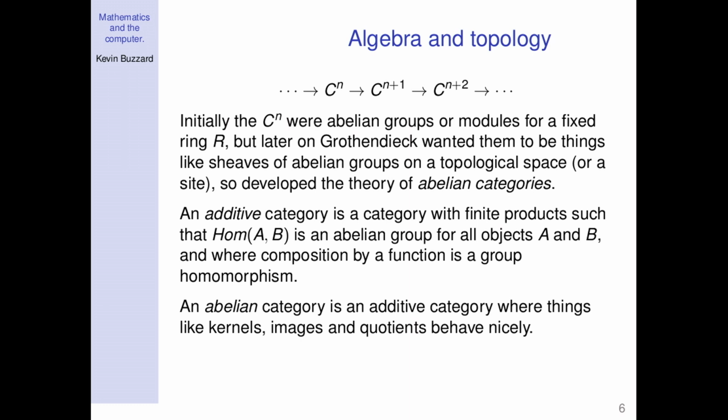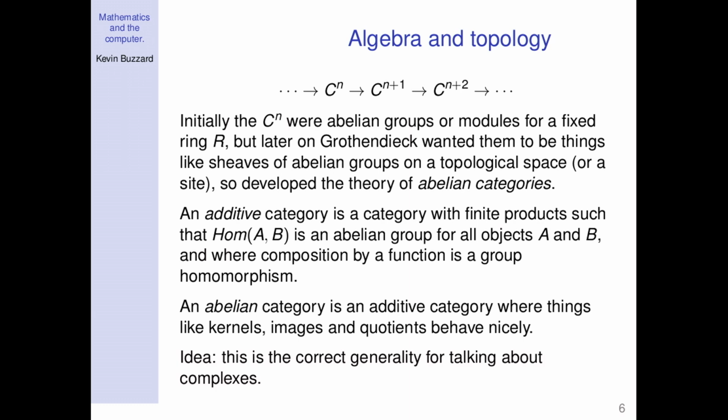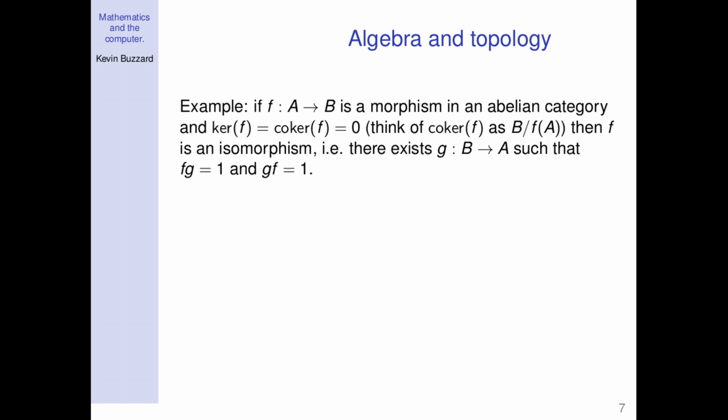So there's a vague idea about what an abelian category is. I mean, the definitions don't matter. They mattered to Lean, but they don't really matter in this context, because I just want to give you some kind of feeling as to what's going on. And so the idea is that we can talk about complexes of objects in an abelian category.